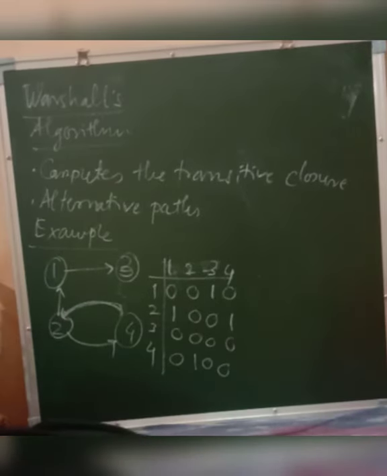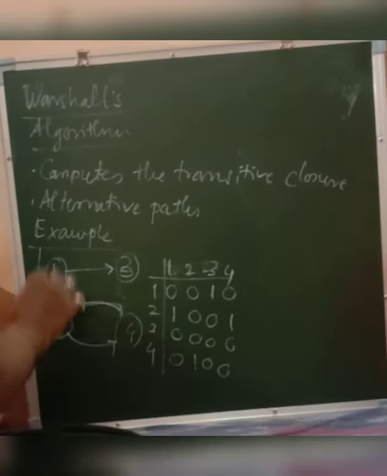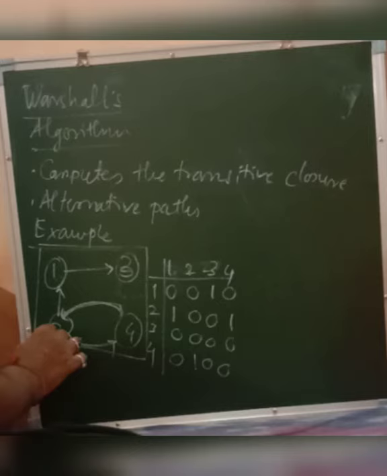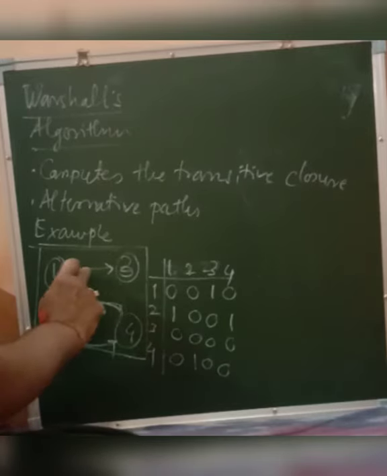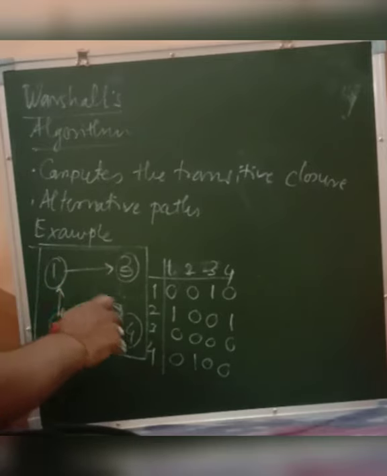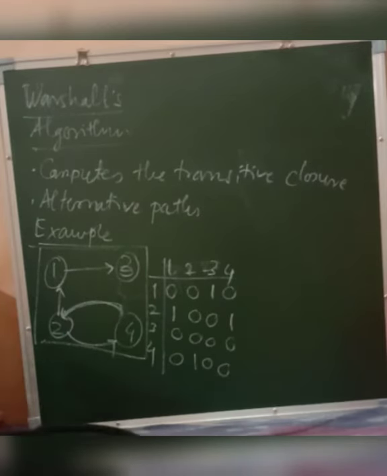Now this will be Warshall's algorithm. These are actually the nodes which we are going to see now. This is a graph where we can see that there are 4 nodes and each node is connected with some node. If it is connected, we put 1 here. If it is not, then 0. So what does Warshall's algorithm tell you?